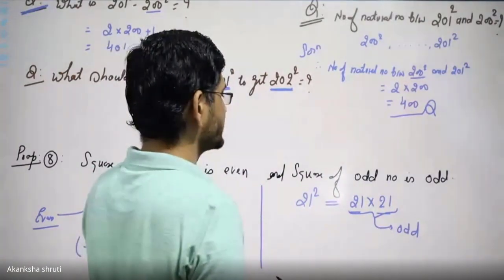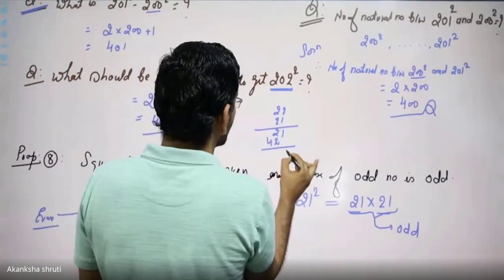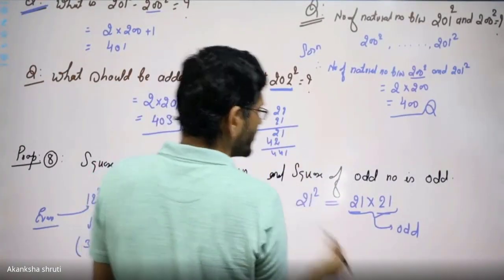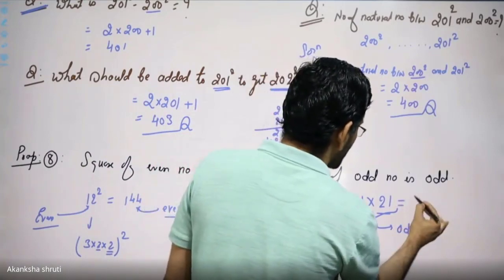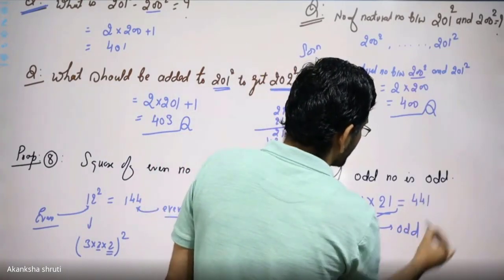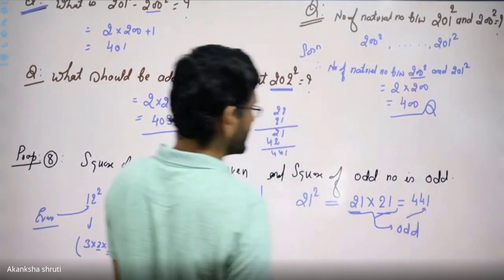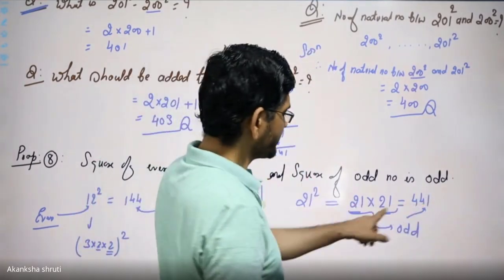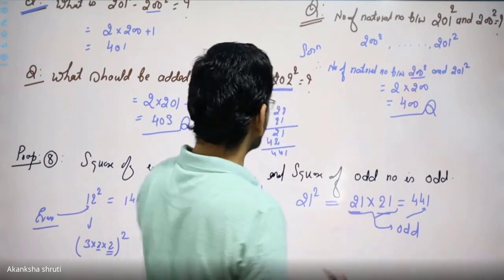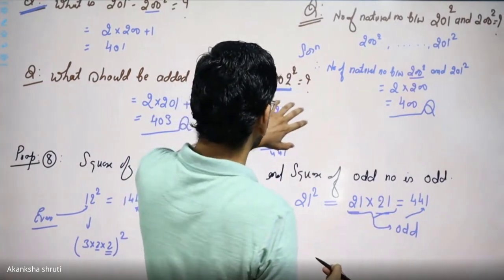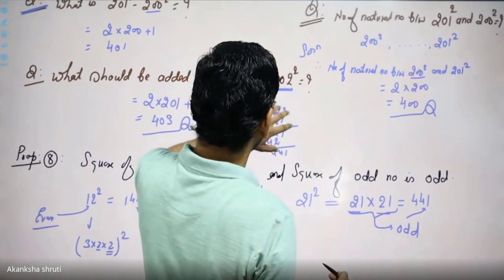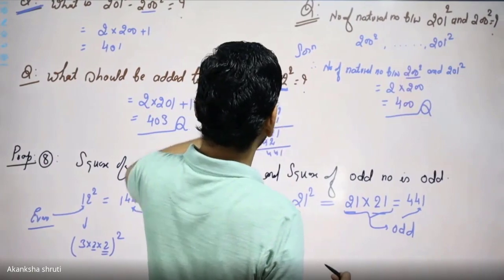Students, you can get this multiplication. So it is 1, 4, 4. And I had also told you to remember this 441. Here we are getting that this 441 is odd. So even without multiplication, we can say, since it is the product of odd numbers, their square will be the odd one.